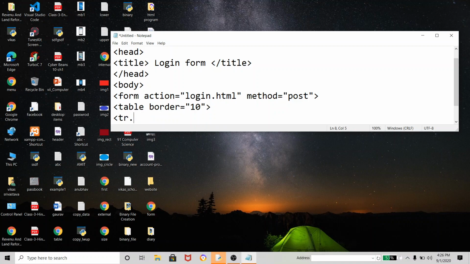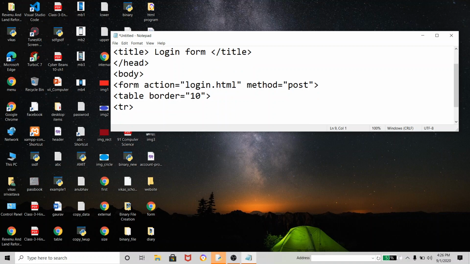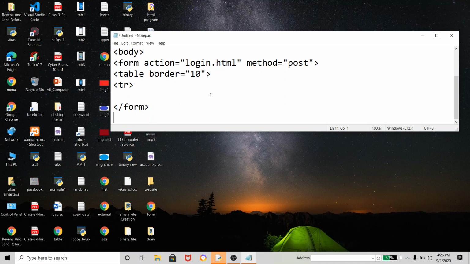And then I will create one row. I will create it such that in each row we have two columns, one for the label and another for the input box. So look here how we will use tr, and then in the td I will write, since we are making the login form, user name, and td close. Then again I will use td, and then I will write input